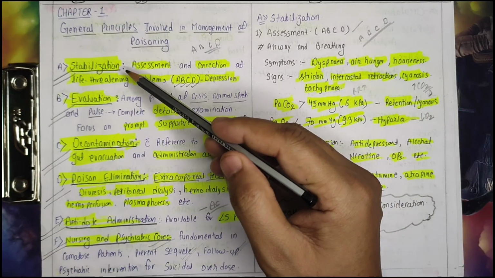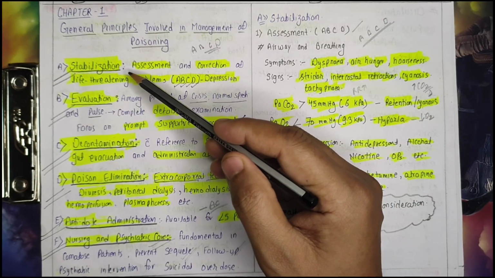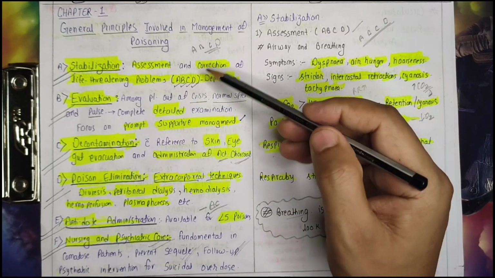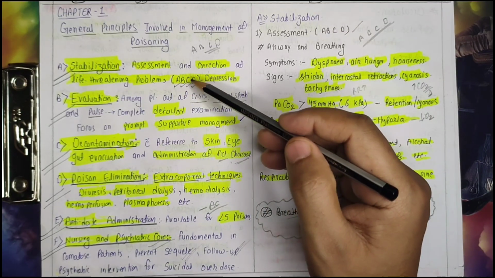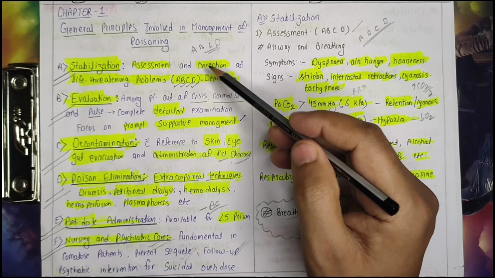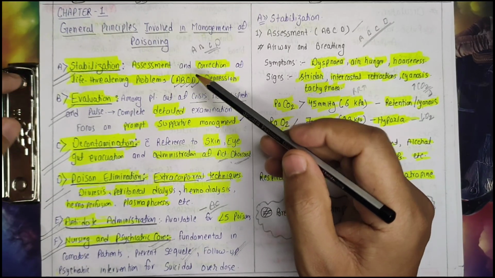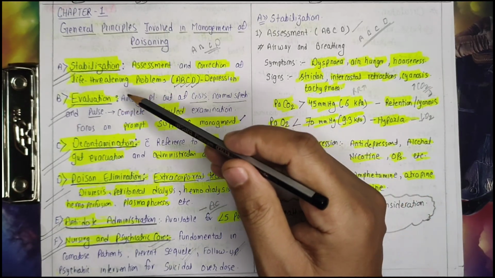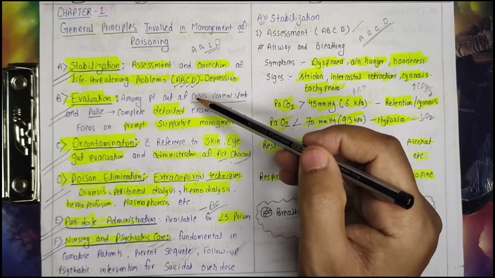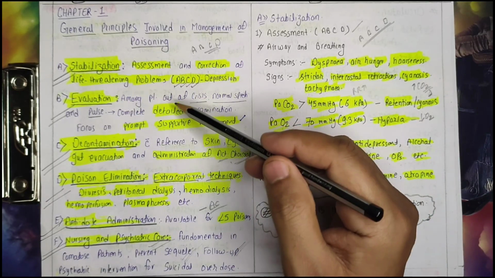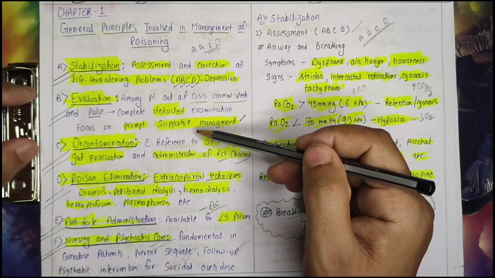The first principle is known as stabilization, where we will stabilize the person, assess his vital conditions, then correct them, and maintain the airway, breathing, circulation and CNS status of the person. Our second principle lies in the evaluation. In the evaluation, we will assess the person for possible crises and threats. Then we will check and evaluate the vitals of the person,